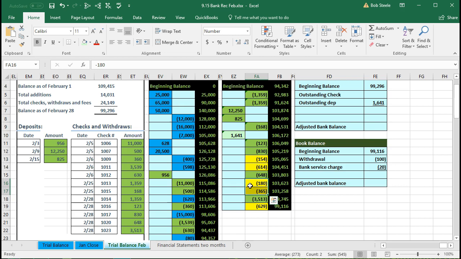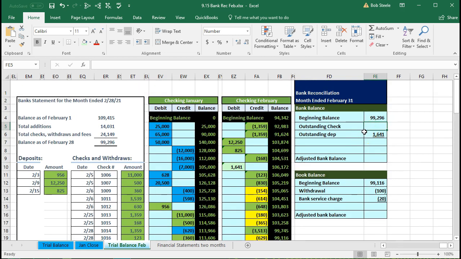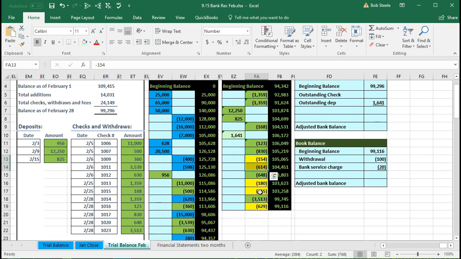They're okay. The bank balance here is not quite right by those checks. But that's okay because we think it's going to clear next month. So we're just going to note that as a timing difference as of this point in time. So we're going to put our cursor in FE5, and I'm just going to point and click and add these up. So in essence, I'm adding this plus this, and then I'm holding down Control, these two, and that. So all the yellow accounts, if I just click on those, it'll sum up to